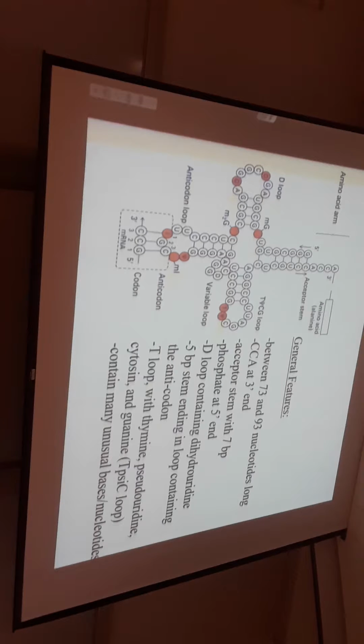We'll see the structure of this in a moment. It's actually a reduced form of uracil. Then we also see, highlighted in red, a couple of other unusual nucleotides or nitrogenous bases. We see some methylated